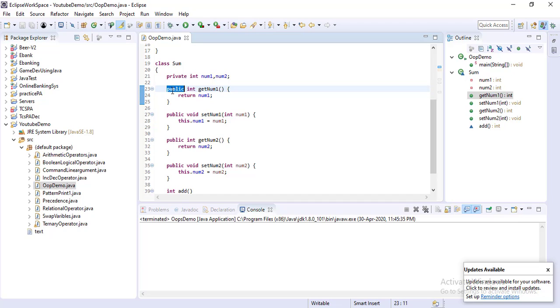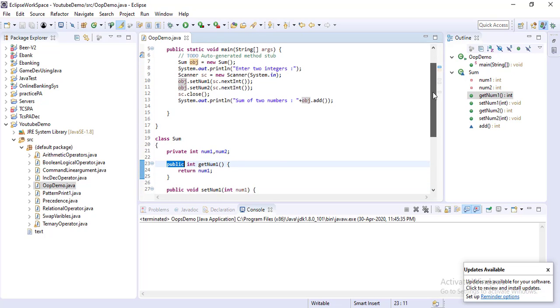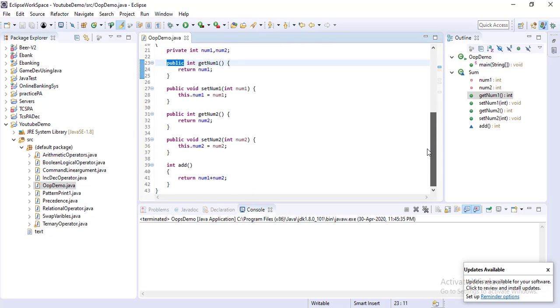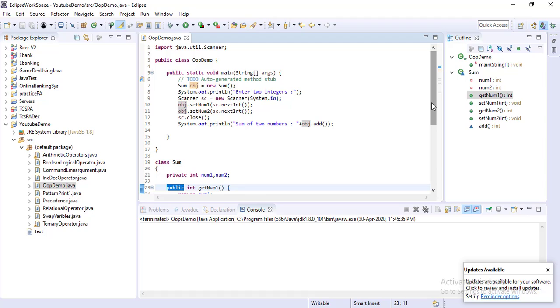To call those methods you first have to create the object, and then only you can call them. And we are writing the add method inside that class, returning the addition of two numbers. So this is object oriented programming in Java.